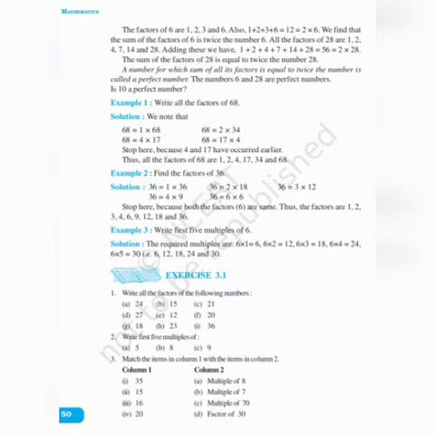Next, you can take page number 50. In that, what definition is given? Our first definition is perfect number. We have also discussed perfect numbers when we discussed the types of numbers. Do you remember that? I'll explain again, no problem. A number for which the sum of its divisors is equal to twice the number is called a perfect number.